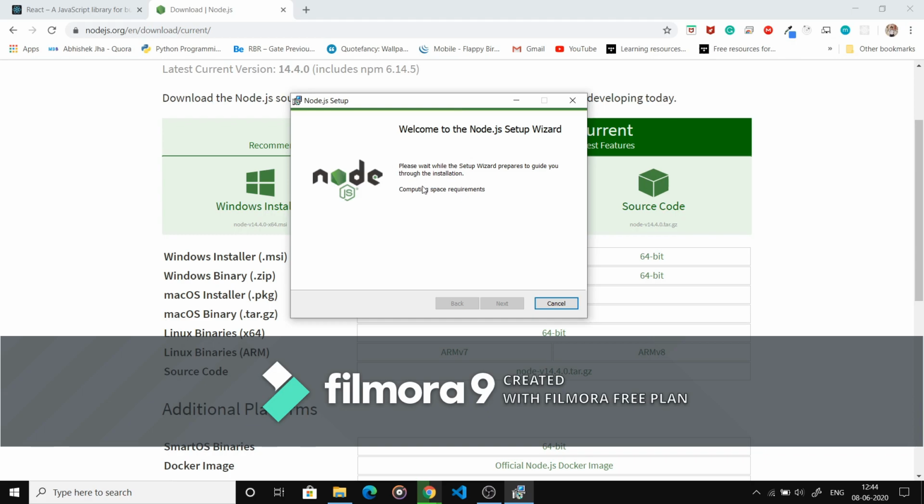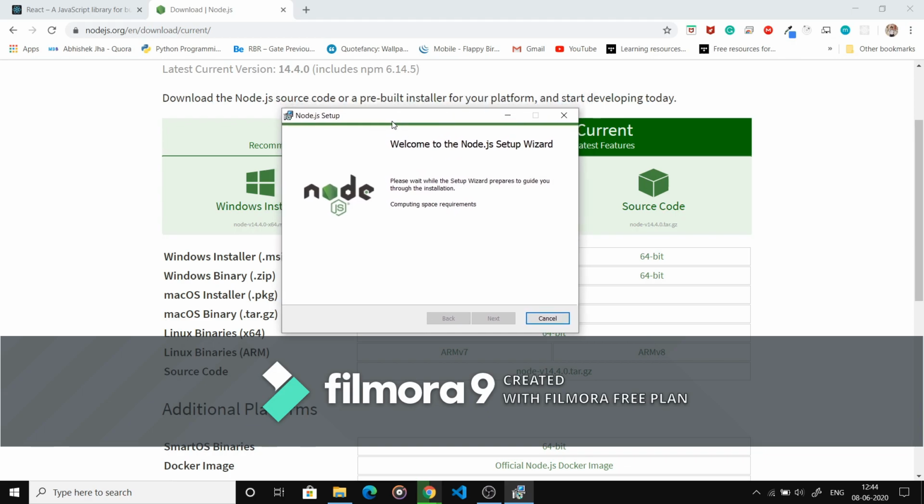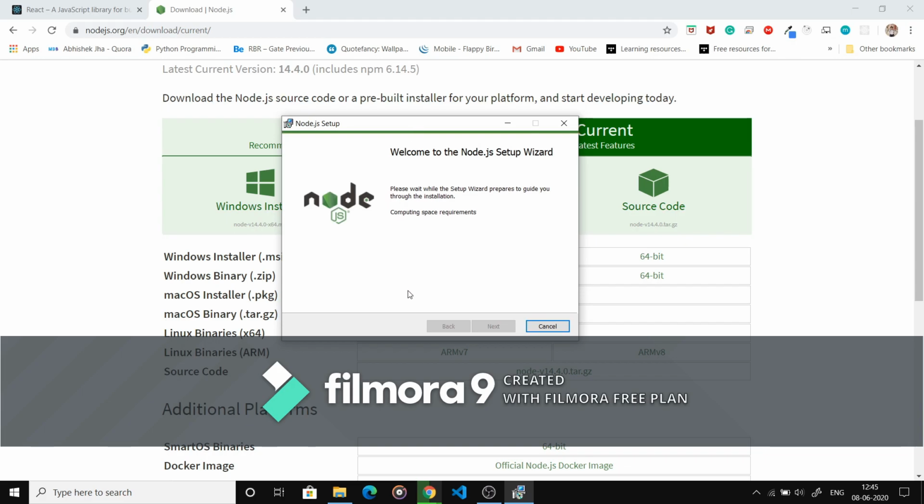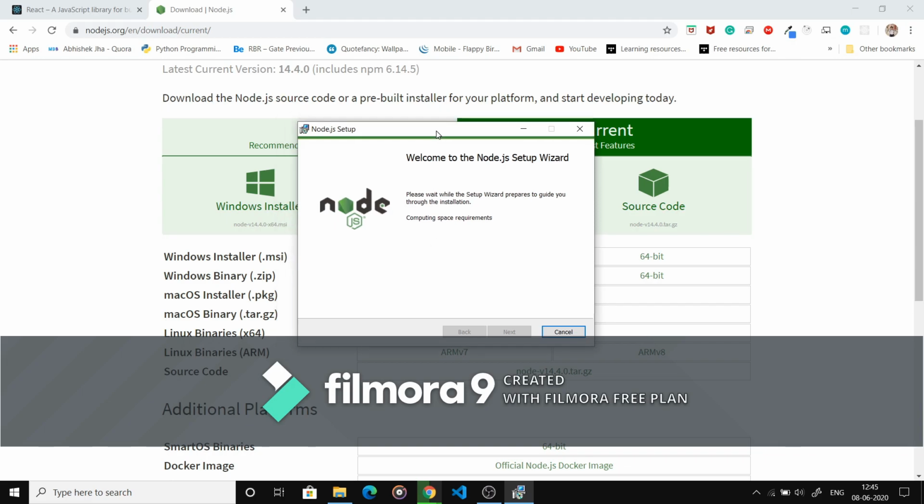Just wait and watch. Normally it does not take so much time. I have already installed it on my system, which is why it takes so long. I think I should skip this process.